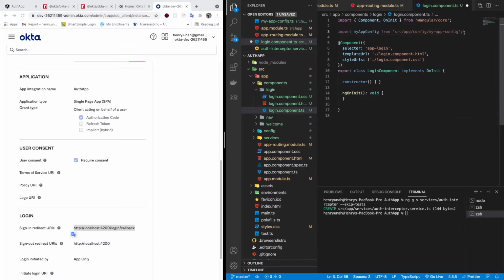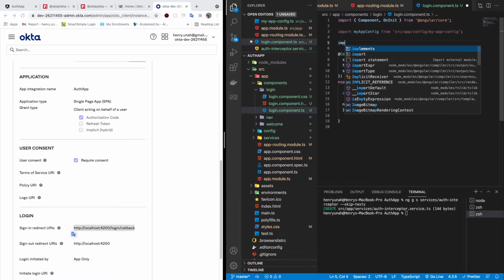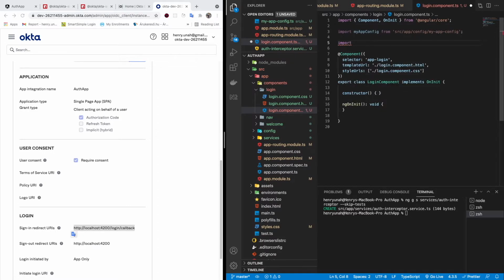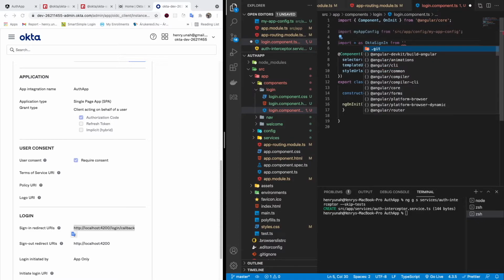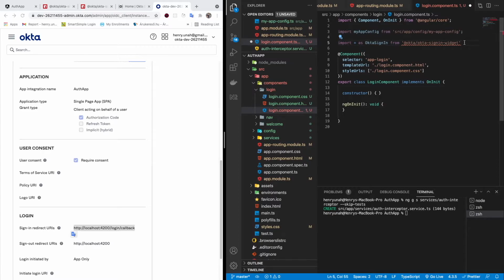Okay, that's good. And next I want to import the sign-in widget. So to do that, I'm going to say import. I'm going to import it as OktaSignIn from, and here we want to bring this from okta-signin-widget, right? So we want to import this, and now there is an interesting problem right here because